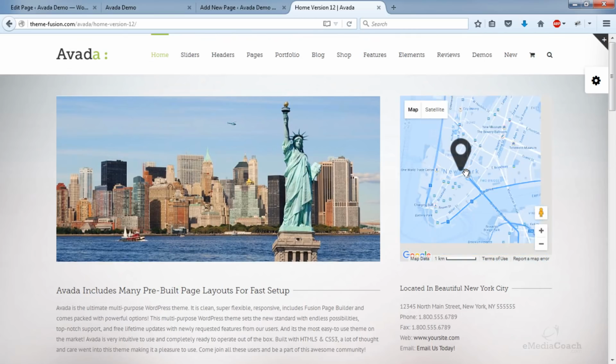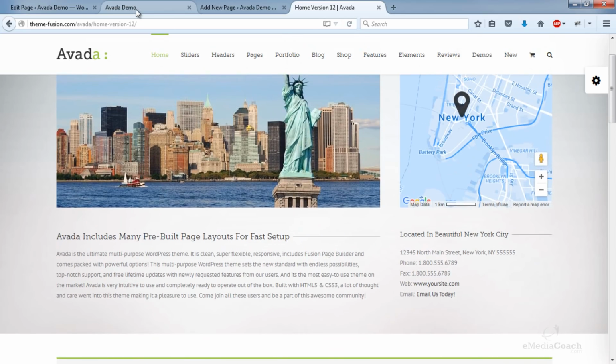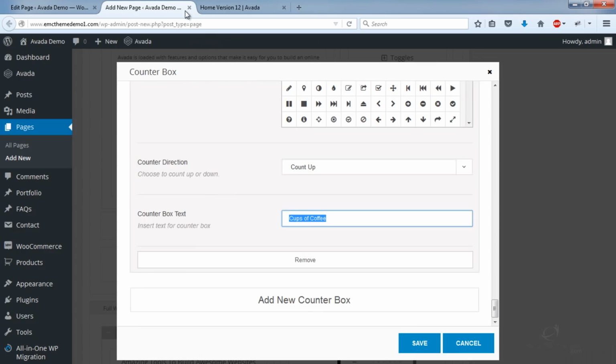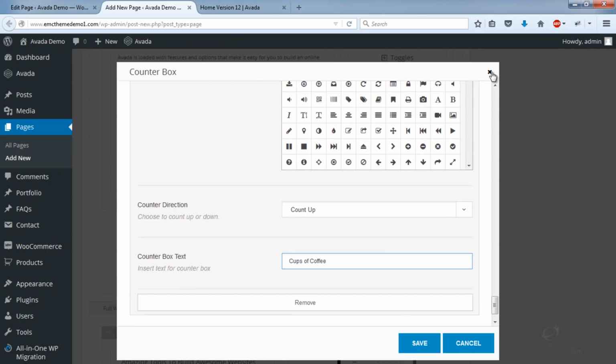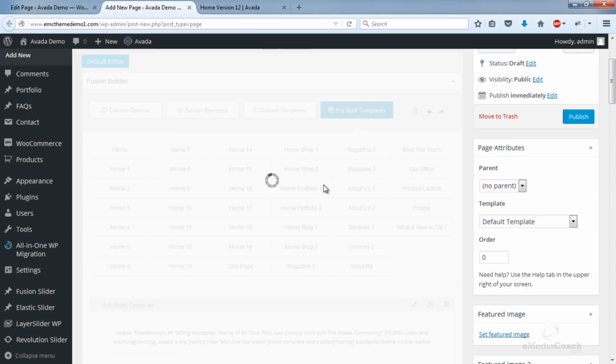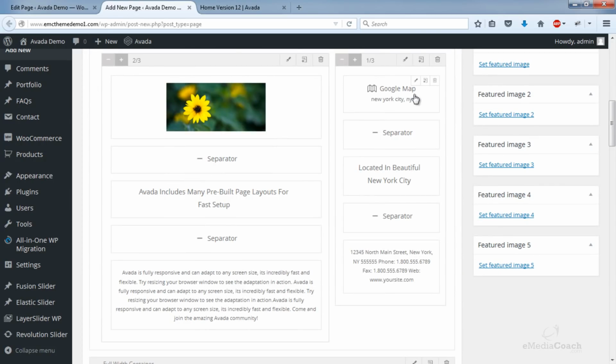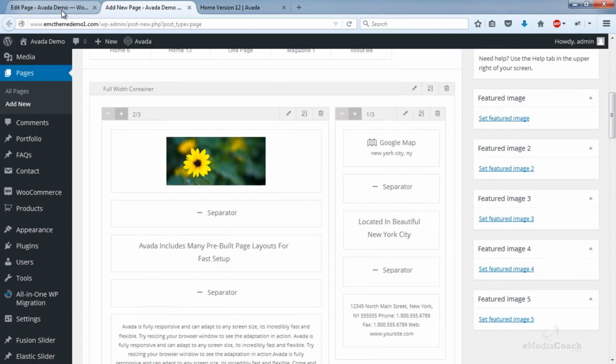So you would have your map with your business location and the address. So I want to do the exact same thing here. Homepage version 12. So I'll import that into my temporary page. There we are. Okay, so what do I need to do?